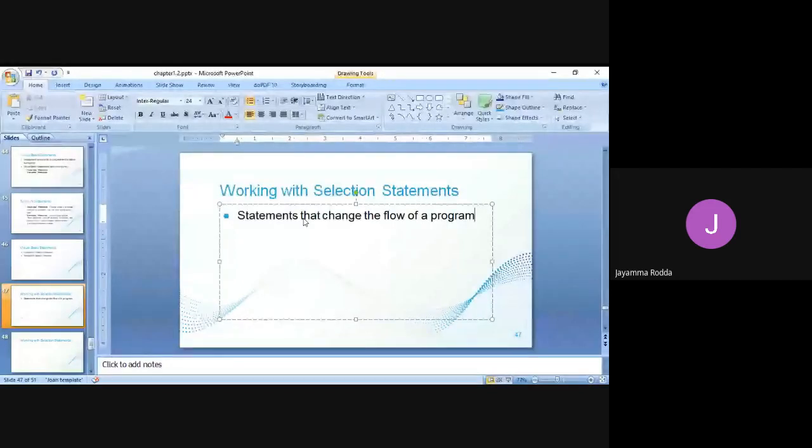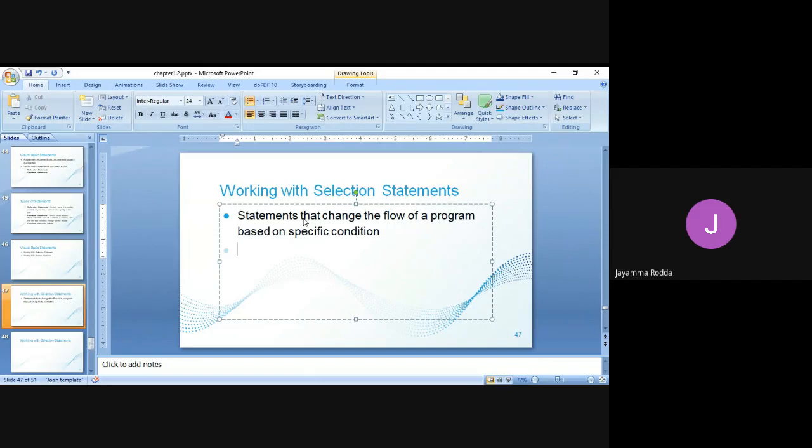Based on a specific condition. What is that condition? Based on a specific condition means how that condition will be checked. What could be the condition that we are going to define there?